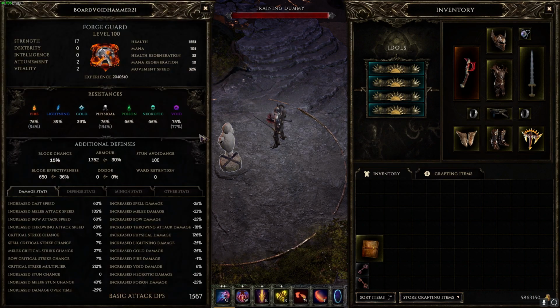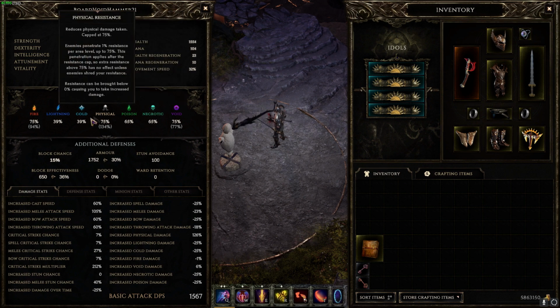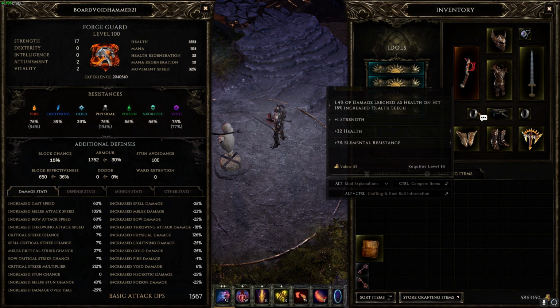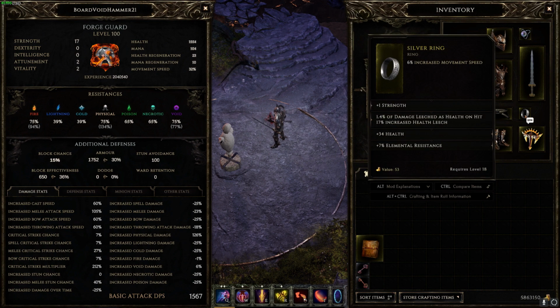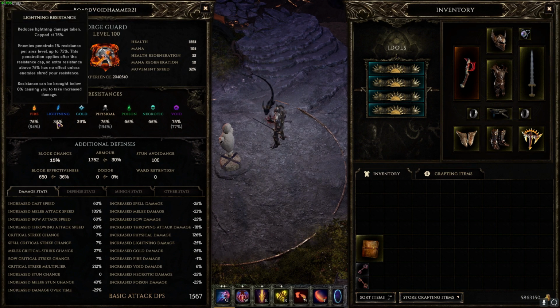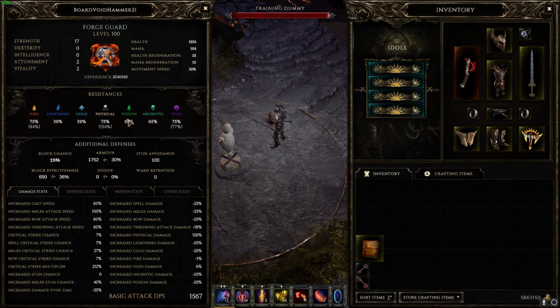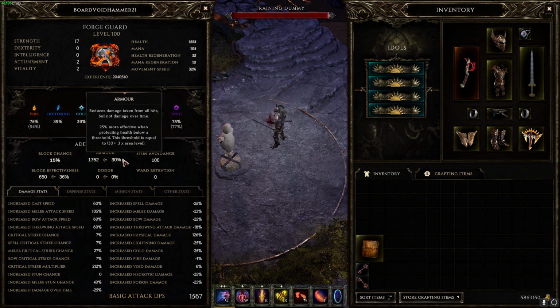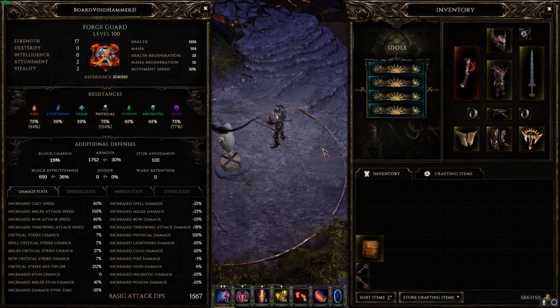For our character sheet, you can see we're just shy on the poison and necrotic a little bit. We're shy on the elemental. So like for the rings where you only have a tier 1 elemental resist, feel free to go tier 3, tier 4. When all these are tier 4, tier 5, you're going to get your elemental capped. Just a couple more of set necrotic, higher affixes on a couple of these items would get you at the 75%, no problem. We have 30% damage reduction for hits with armor right off the bat, 15% block chance, and